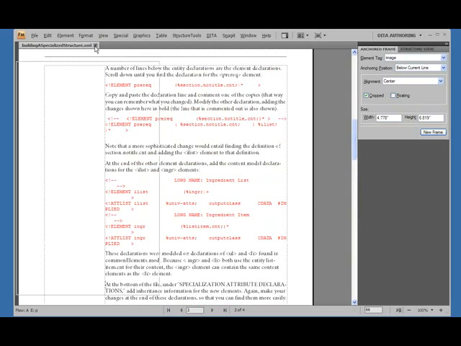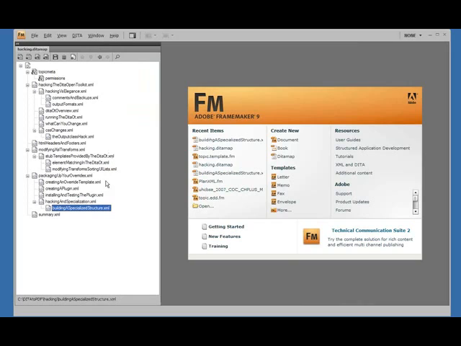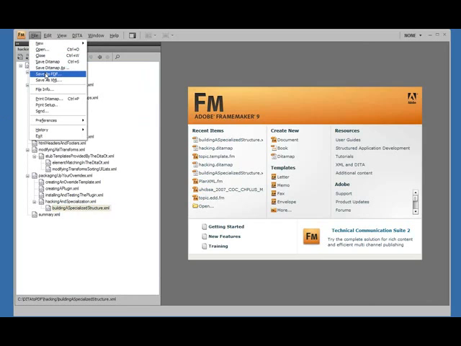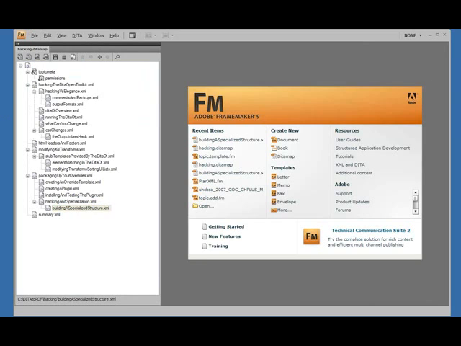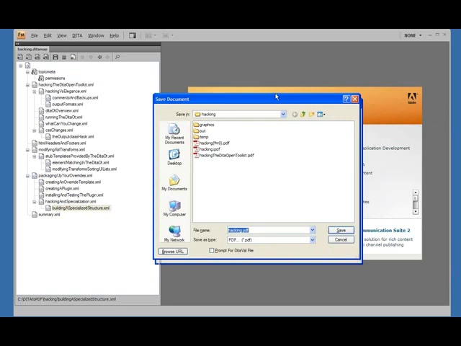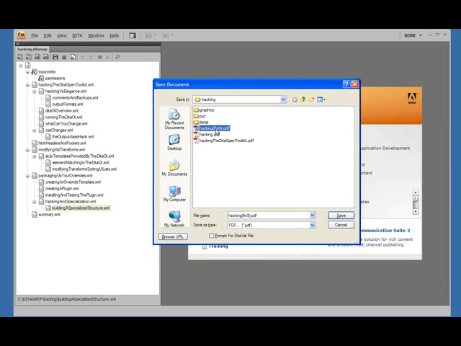So this is the kind of tweak that you may want to make to your files before you actually generate your PDF. You can also do the other standard things such as inserting page breaks, anything like that you can do at this stage. So now you save our file along with that change, and now we can close